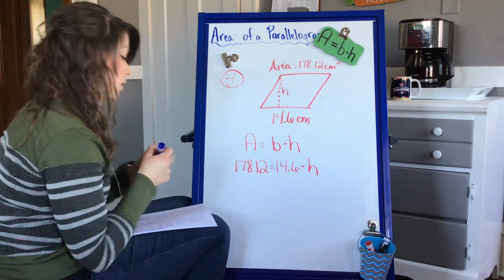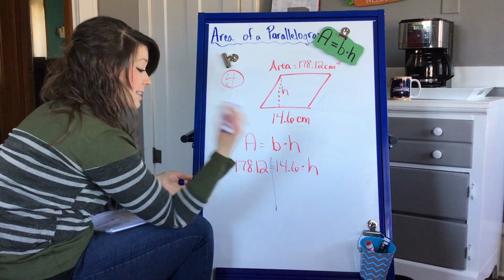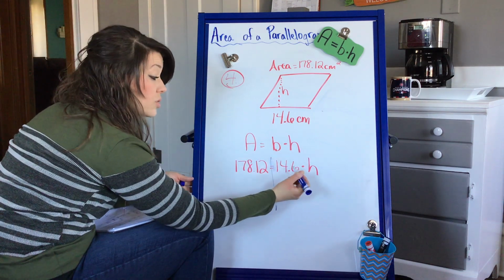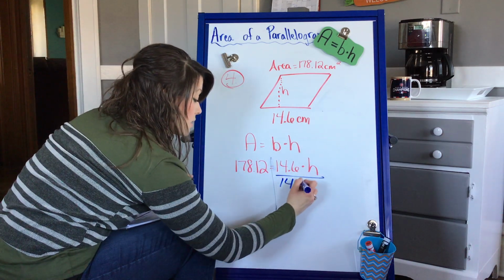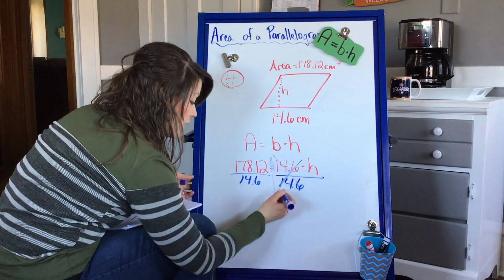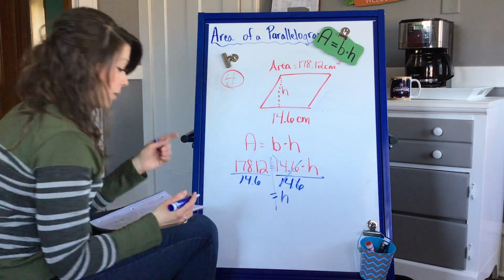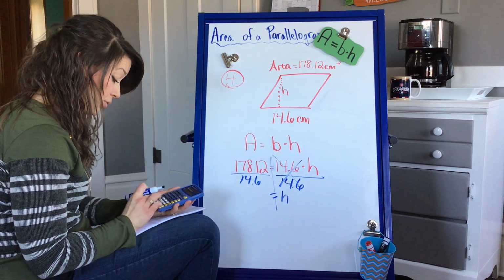a variable. We're going to draw a line, and now I want to get the 14.6 out of there so I can figure out what the height is. So it's a multiplication problem. I'm going to do the opposite, which is dividing by 14.6 on both sides. We know now that is gone. We're left with whatever our height is going to be. Now again, if you want to do that longhand, you can. I am letting you use a calculator, so if you want to,